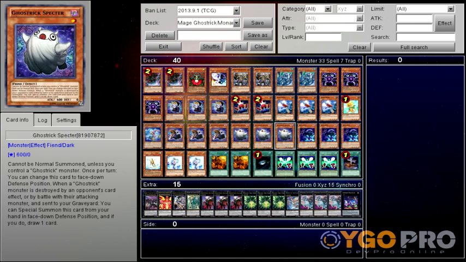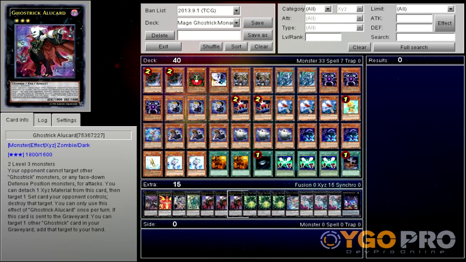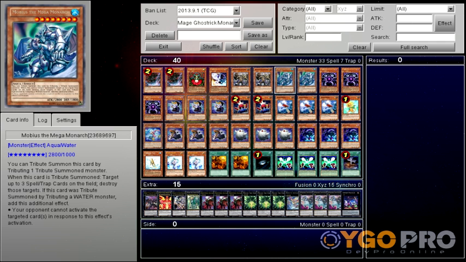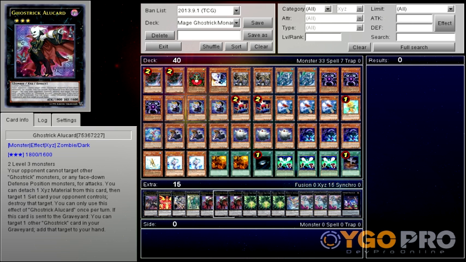So yeah, it's all about getting out 2 tributes, and for this deck I really wanted to focus around tributing Duellahan and Alucard for their effects. Because when these cards are tributed, you still gain their effect of adding a Ghostrick back to your hand. And that actually worked out really well because Duellahan and Alucard on their own both have really good effects, where